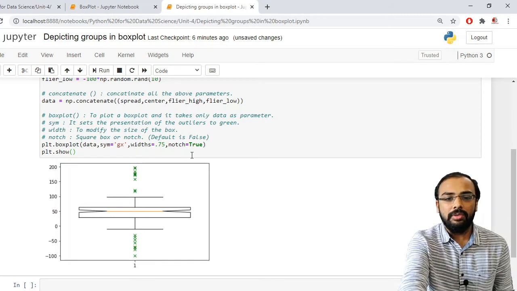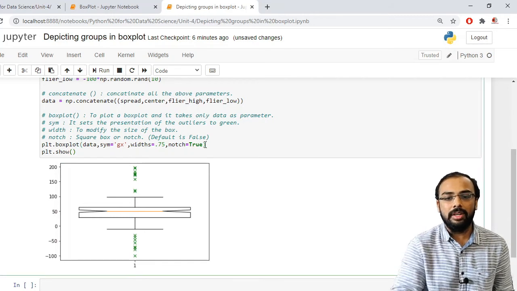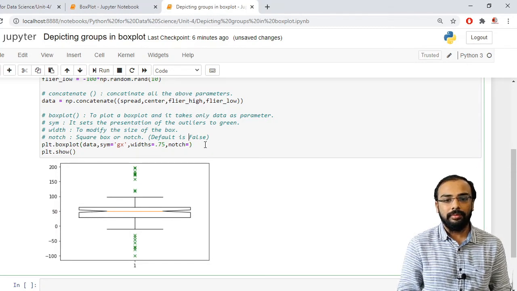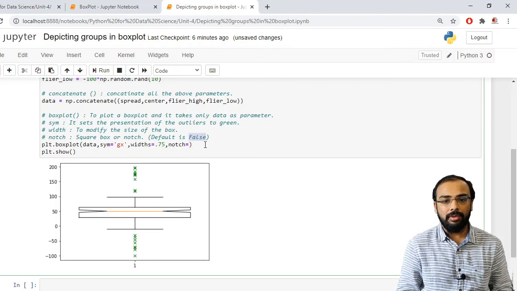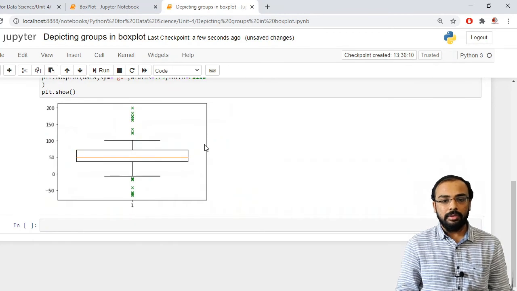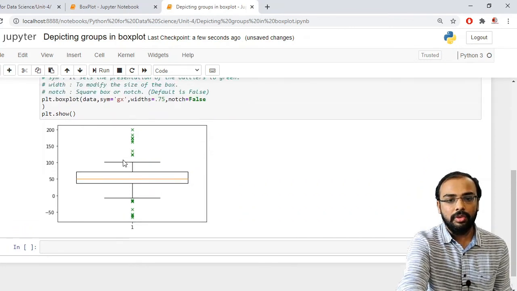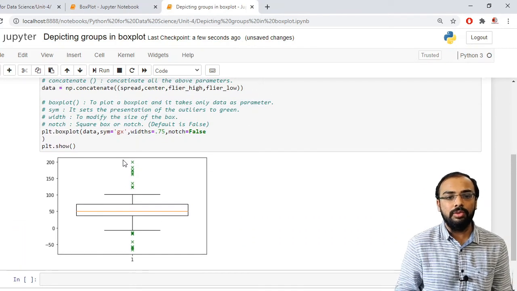Now let us try to disable this notch and see what it shows. I am writing it here as false. Let us run this. Now you can see that the box has changed. Now it is showing you a normal box. It is not showing you the square box or the notch which we have seen earlier.